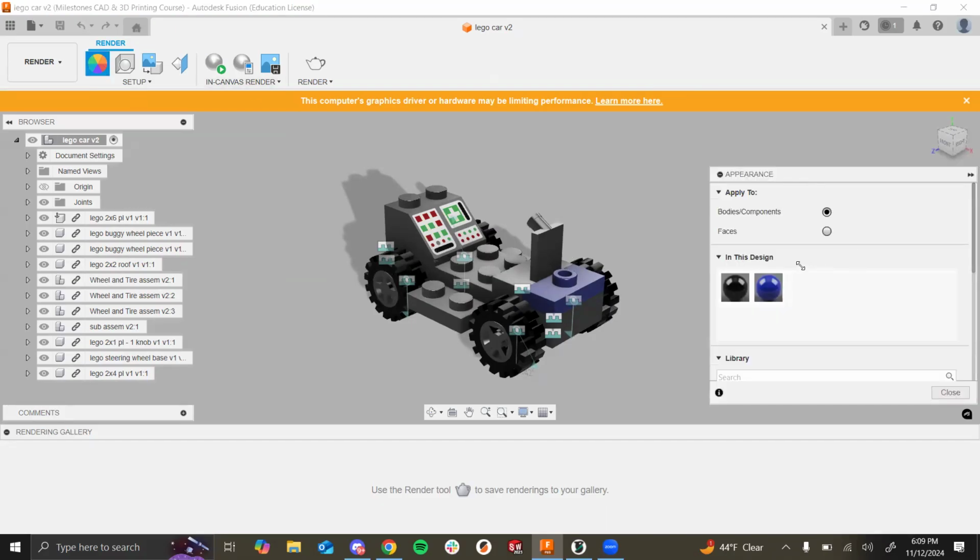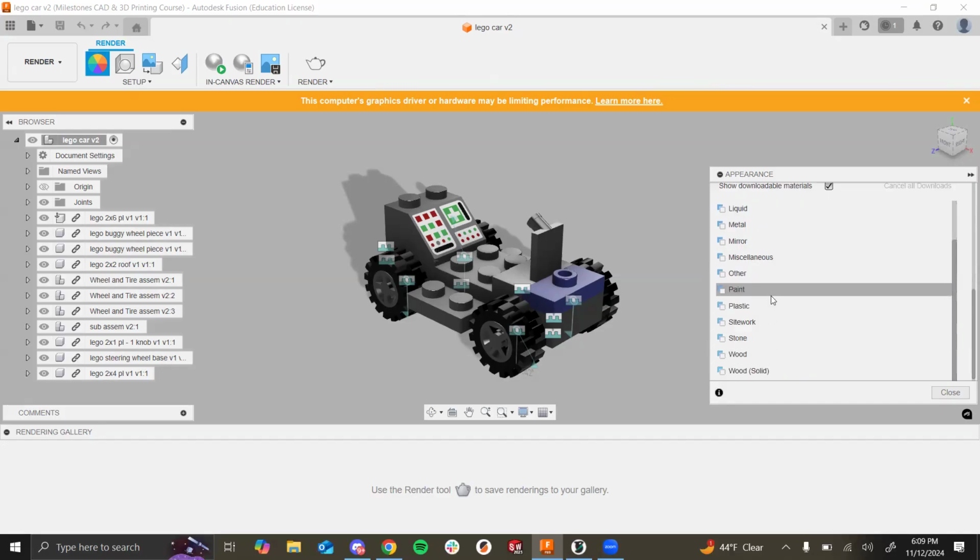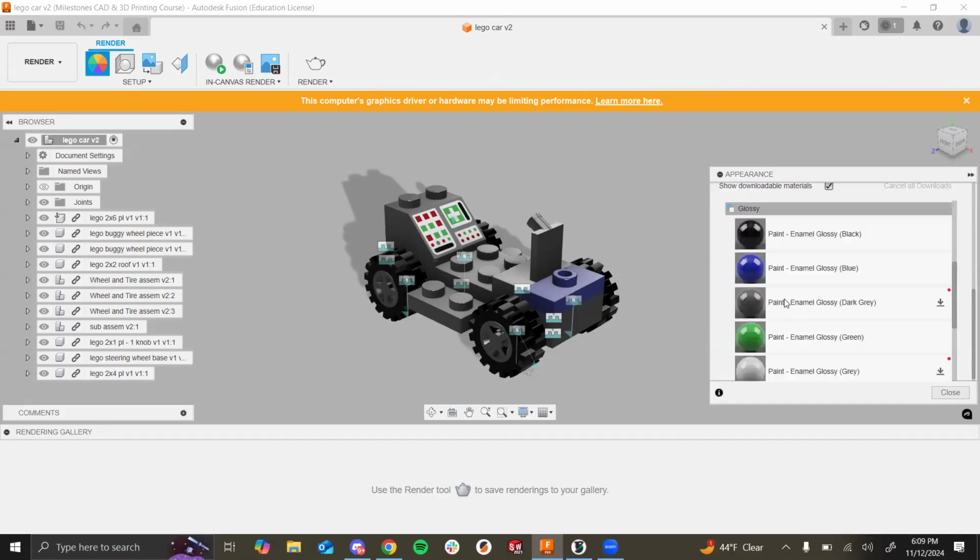Then you can add appearances just like you know how to do. So I'm just gonna apply a couple more. I'm not gonna do all of them, but let's do a couple more. Let's just make some of these parts green,